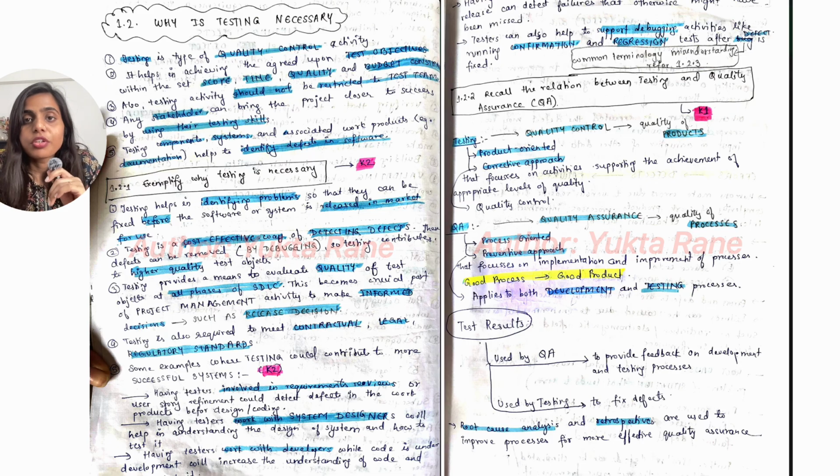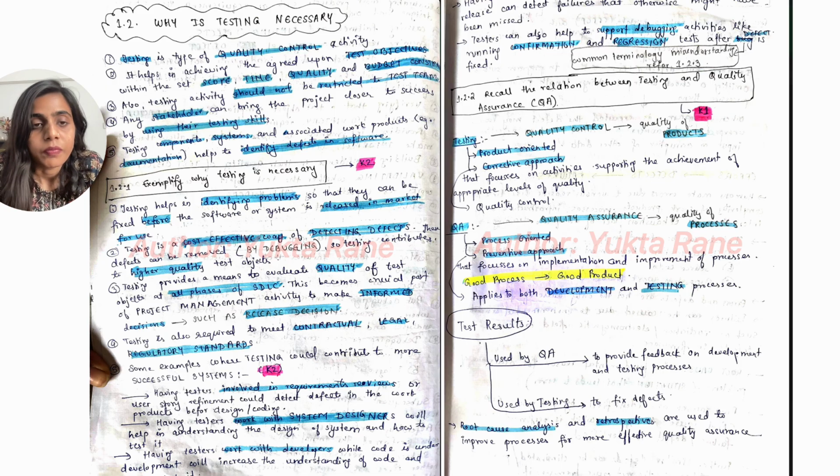And it is always good to have independence of testing. You will learn more about this in the upcoming modules of chapter 1 itself. But for now, testing should also be conducted cross-functionally. Okay, so that is what this point means. Then we need to test the associated work products to help identify defects in the software. We are repeating actually the same thing. We should test the requirement specifications and user stories, which is nothing but static testing,